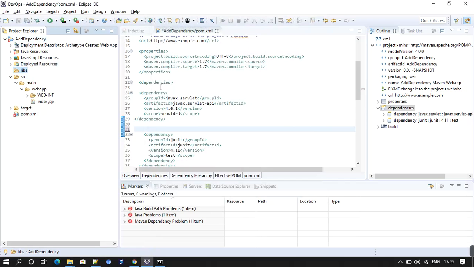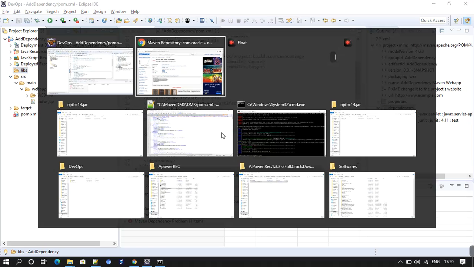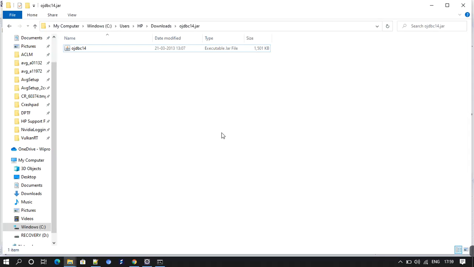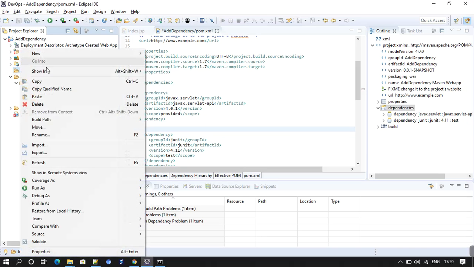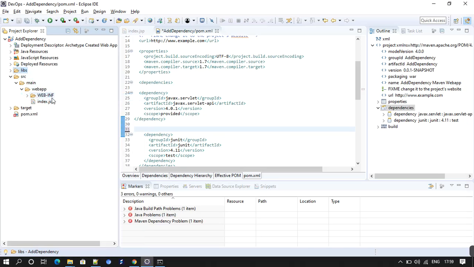Now you have to download this jar file, OJDBC, in your system, and I had already downloaded it. I will provide a link in the description box to download. Just copy this file and paste it in your lib folder. You can see that the file is present here.